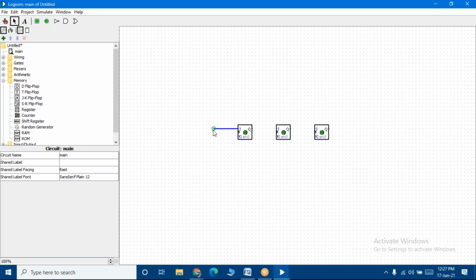Now what should I do, students? Now I'll have to short my J and K, right? Here again, I'll have to short my J and K. Okay, so here I'll have to short my J and K, right? So I have shorted J and K. So once after shorting, what should I do, students? Let me take all this, bring this and connect it to the inputs, right?